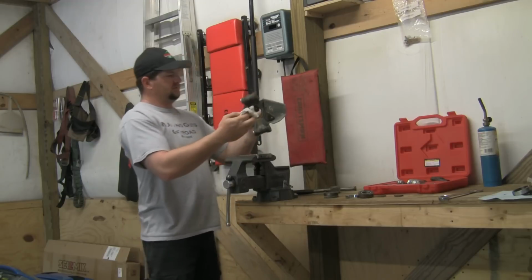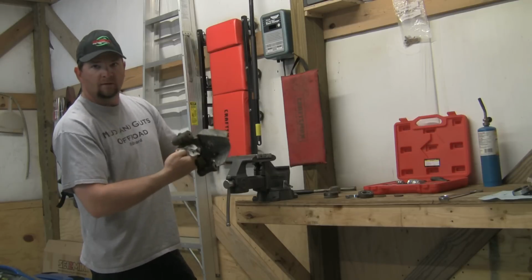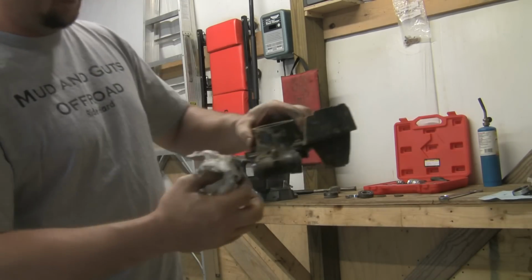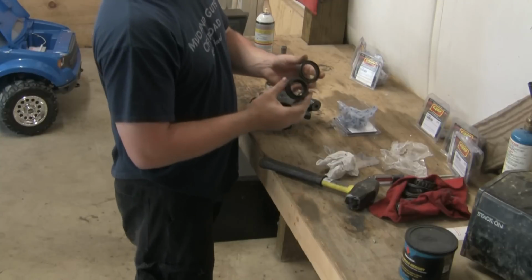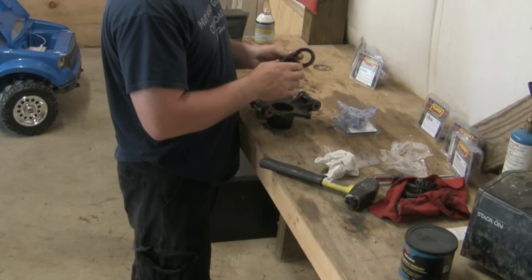With the old bearings and seals out of the way, I'm going to take the hub and clean it up a little bit. Welcome to the shop where I'm replacing the rear bearings on the Yamaha Rhino. And